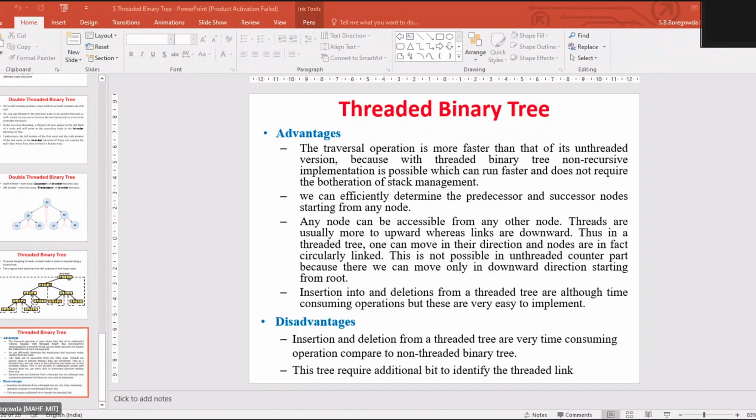It is efficient if the height of the left subtree and the height of the right subtree are the same for a given node. In a binary search tree, we store the elements based on their magnitude: elements whose value is less than the parent node's value go to the left. But if you do frequent insertions and deletions in the tree, it affects the efficiency, and your binary tree becomes inefficient.